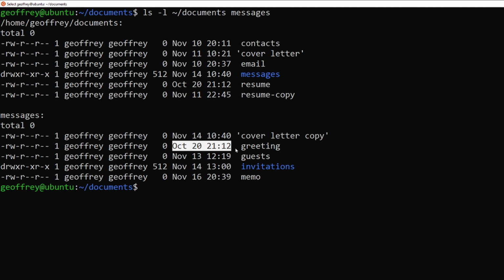Observe what happens when we attempt to copy the email file from the working directory to the messages directory and assign the file name greeting to the copy, this time passing the interactive option -i. So to do that, we can enter cp -i email messages